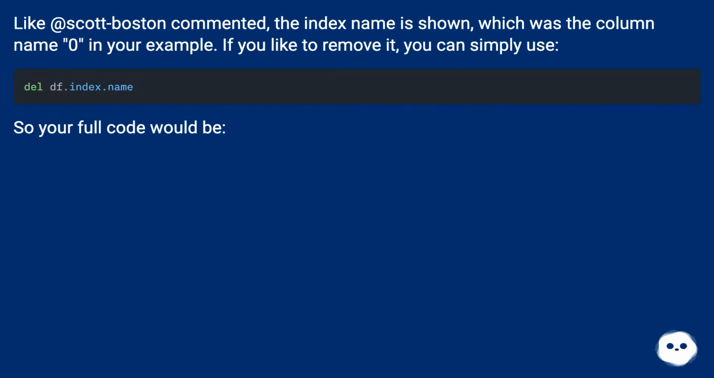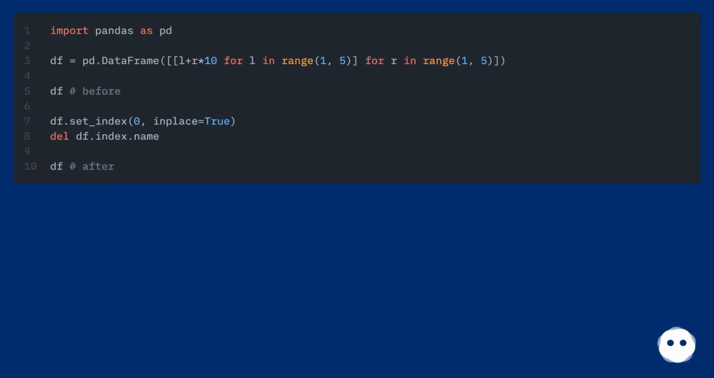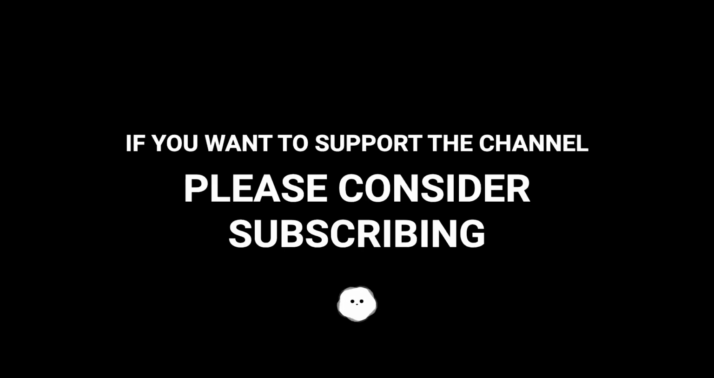Scott Boston commented, the index name is shown, which was the column name 0 in your example. If you would like to remove it, you can simply use. So your full code would be